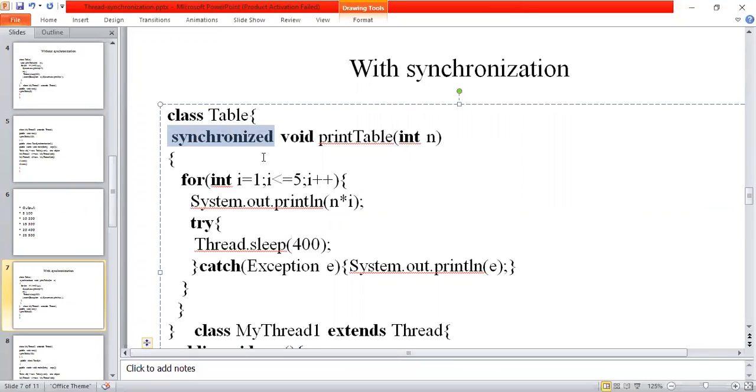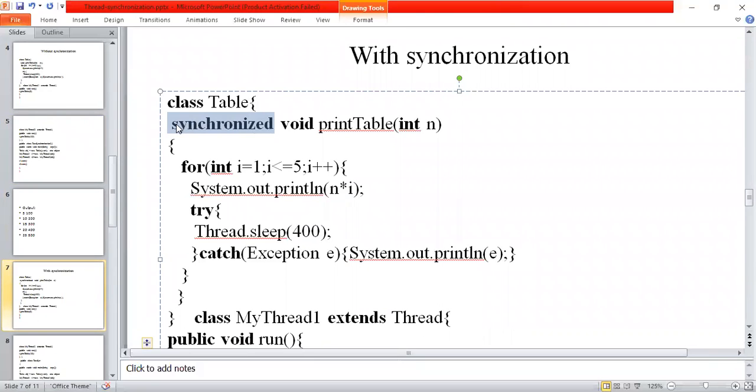It means once thread one enters that shared resource, it locks that particular room until its execution is over. Once its execution is over, it exits from that room, and then the second thread enters the room, or enters the process.